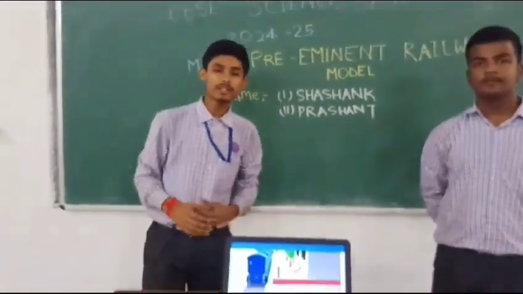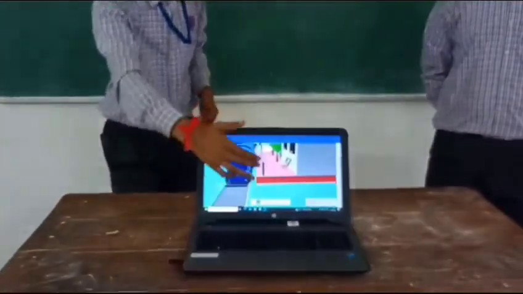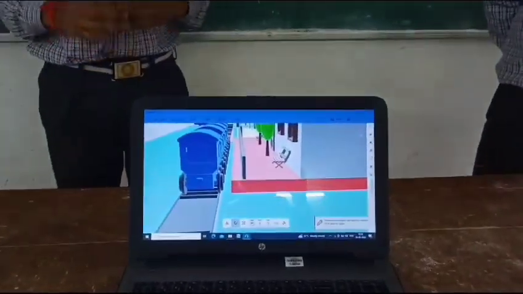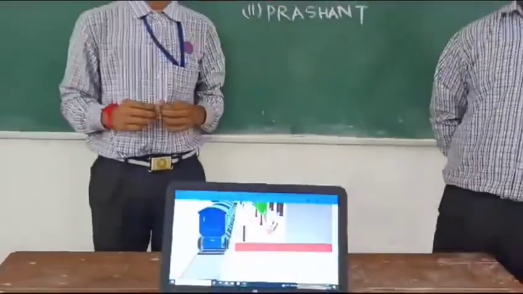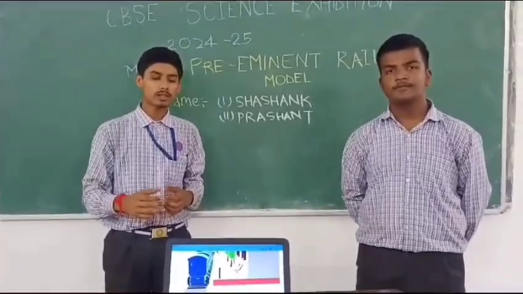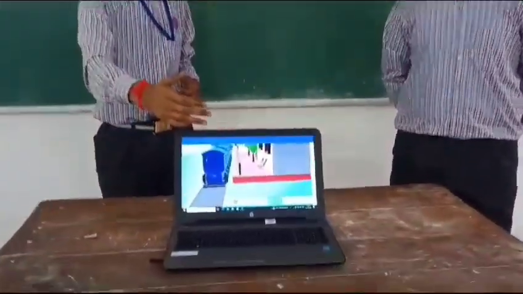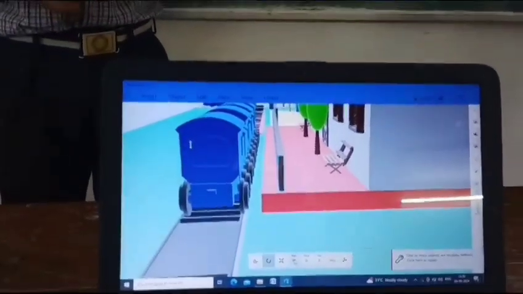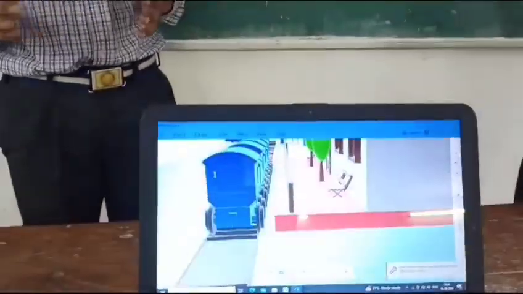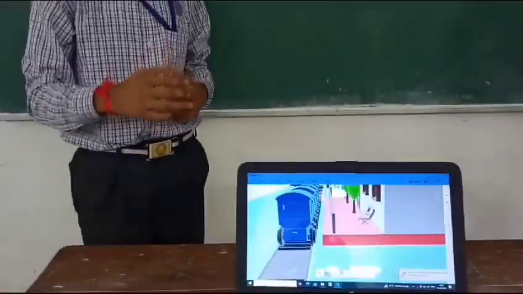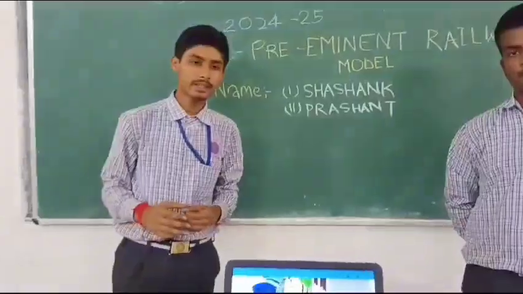So as you have seen here, this is a dynamic rotatable boundary or bridge system. There are two main benefits of this dynamic rotatable bridge or boundary system. It fills the gap between the train and the station so that anyone cannot accidentally fall into this gap, and it will prevent accidents.